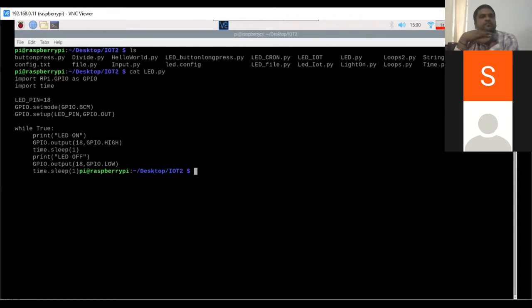We are using an infinite loop, while True, LED on. So LED on will be printed, and we are sending the signal. Whenever we send a signal, we use GPIO.high and GPIO.low. When we send high, it sends a positive signal, so the LED will glow. Whenever we send GPIO.low, the LED will be off.